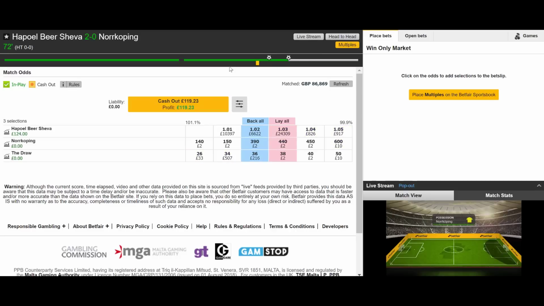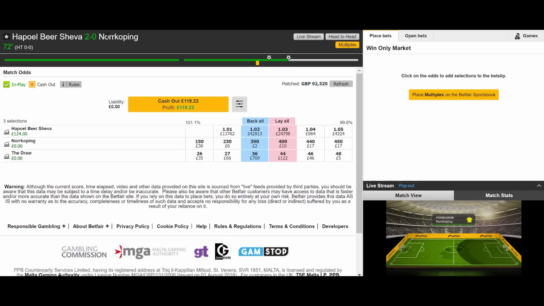And the home team has doubled the lead and now gone 2 goals up. And you can see the cash out amount is now £119. And we've got that £124 of profit potential. And I mean, yeah, you could cash out for a bigger amount. Or if you really, really want to try and race this profit, you could just let it run and say,